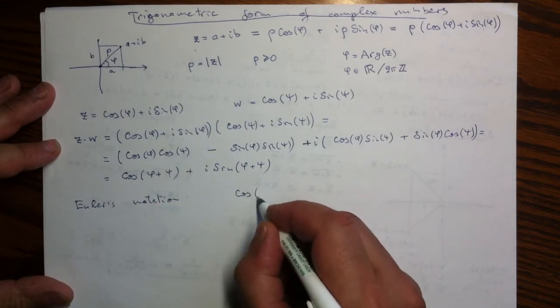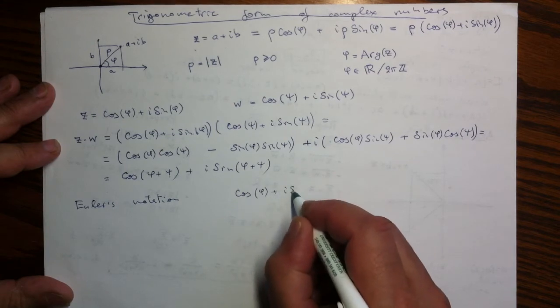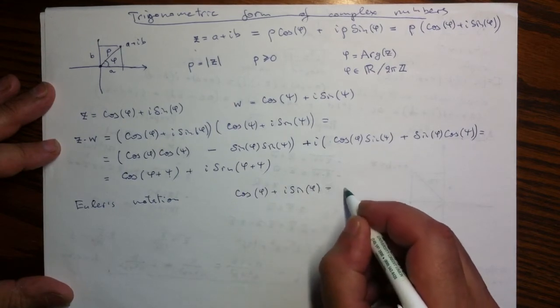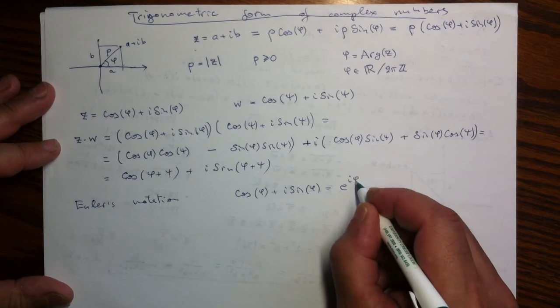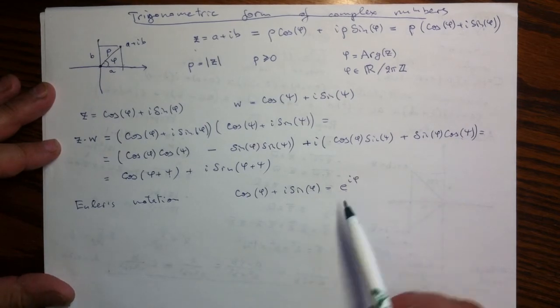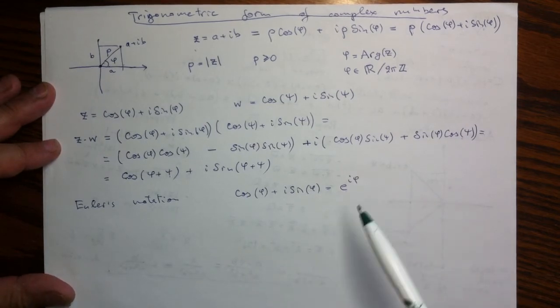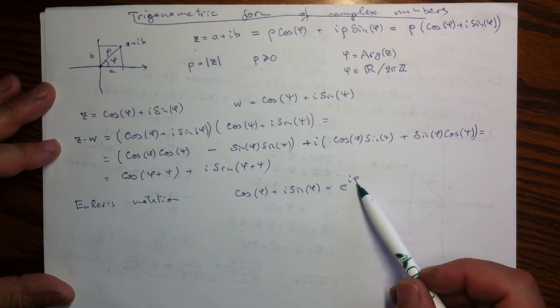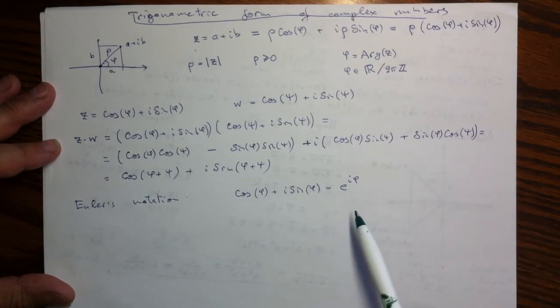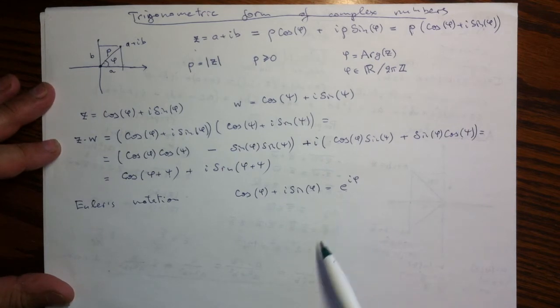Let's just first denote it as e to the i phi. So e is the natural base for the exponent, and i times phi is this purely imaginary number, and we use it as the exponent. Well, that is a bit cryptic, but at least